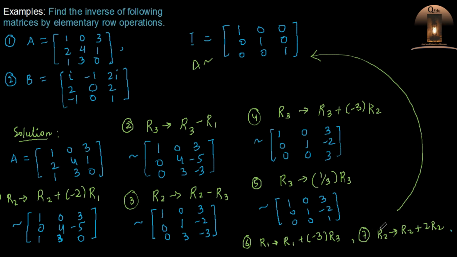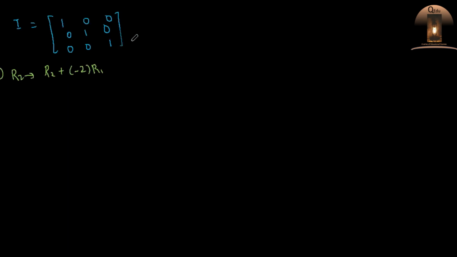So now let us apply the same sequence of operations to the identity matrix to get the inverse of the matrix A. So let us see how we do this. So now here we have the identity matrix of order 3. We have to transform this matrix to the inverse of the matrix A using the sequence of 7 elementary row operations. So among them the first operation is to change row 2 by applying the operation row 2 plus minus 2 times row 1.